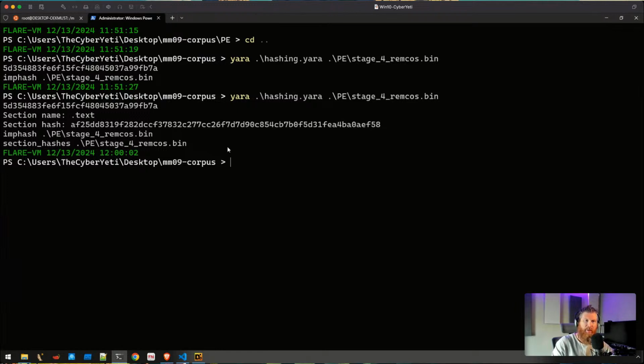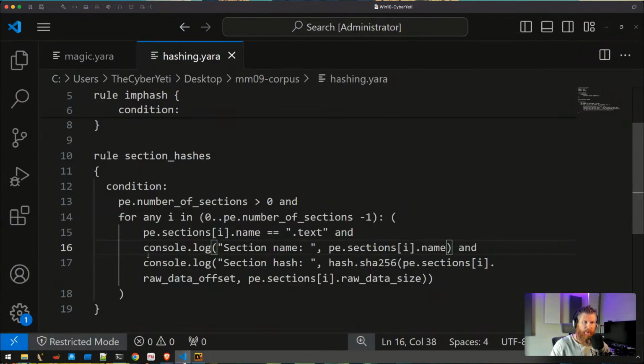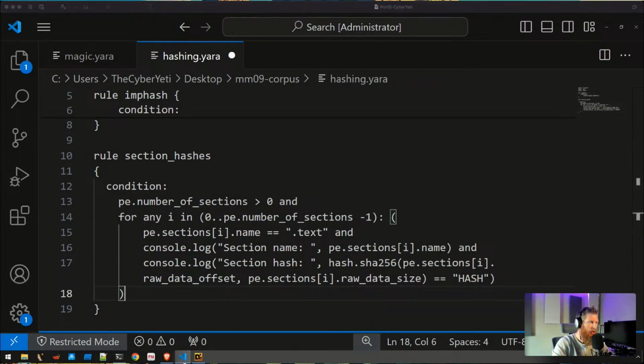It can actually be used to help us with this further identification and the generation and extraction of data that we can use. We could plug that right back into a Yara rule if we wanted to, right? Instead of saying console.log, we could just say generate the hash, and then do a comparison. This wouldn't be syntactically accurate, but hopefully you get the idea: I could turn around and plug it back in, and now we could detect using Yara any file that has that. Okay, let's see. Any questions here?